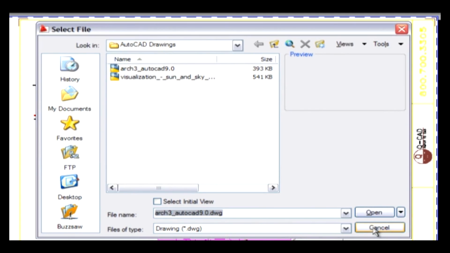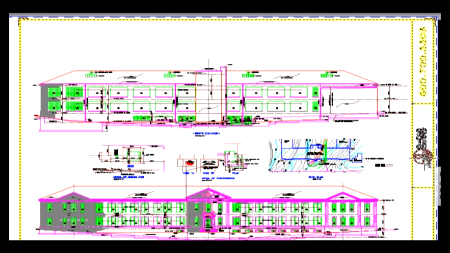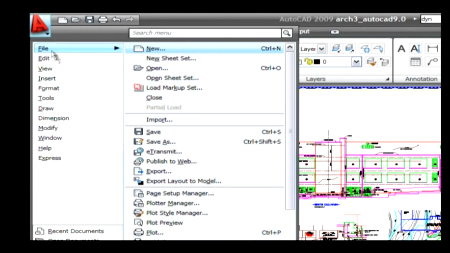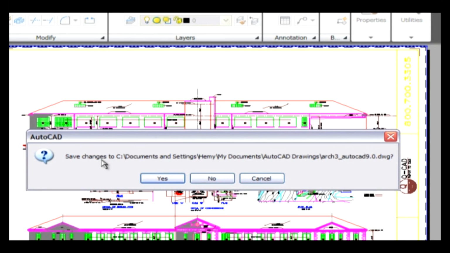Let's see how to close an existing file. Closing a file. Go to the File menu and select the Close option. The file is closed automatically. Note, when the file has not been saved, it shows you a dialog box asking you to save changes to